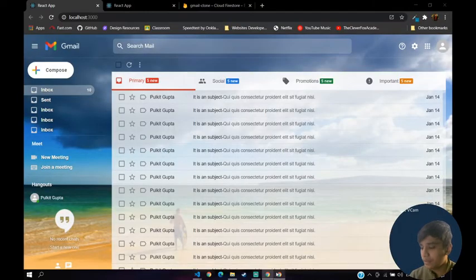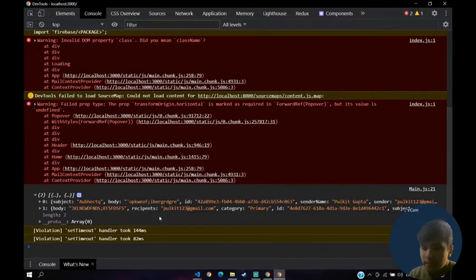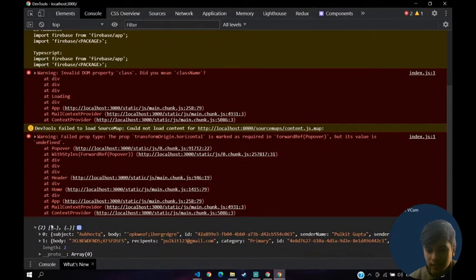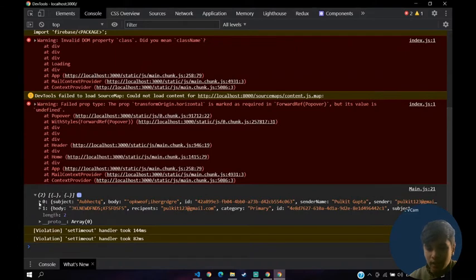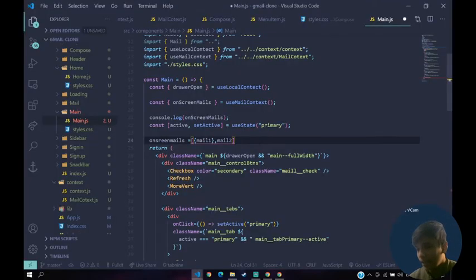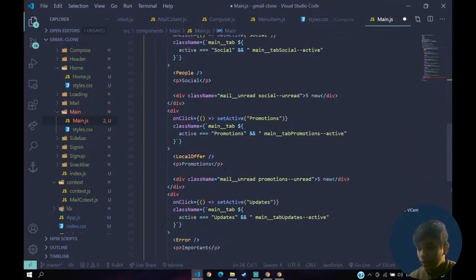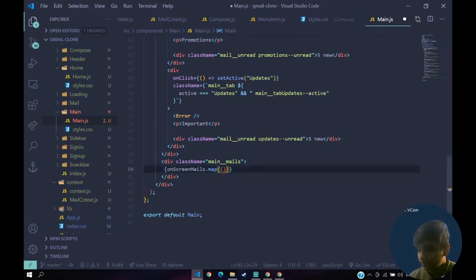I'll open my inspect. So basically what this means is it will map through this array, right? It's like an array, so it will map through it. It will first of all check the first object. So what is the first index? This index. So it will first check this index, and I'll tell you what it'll do now.